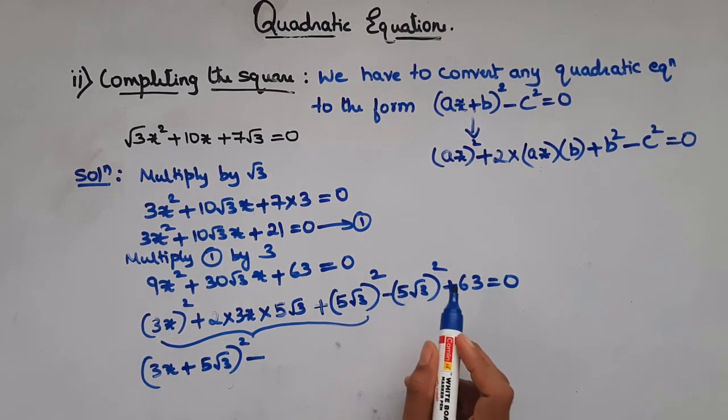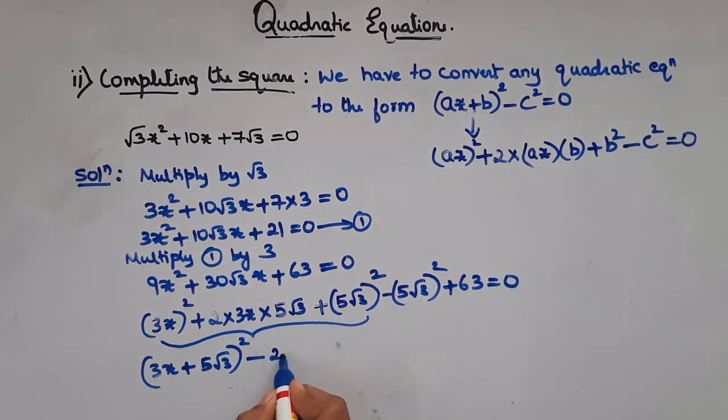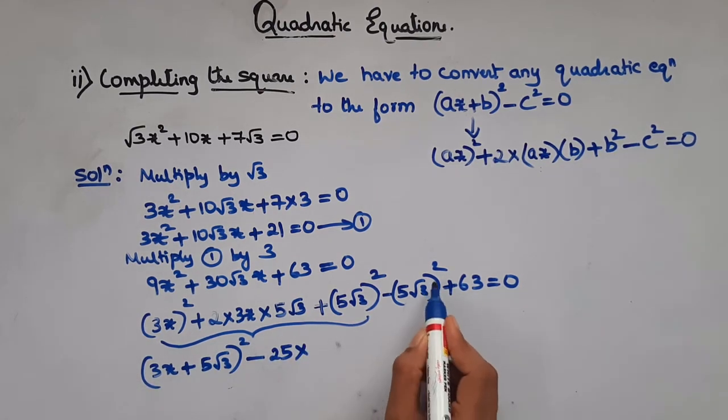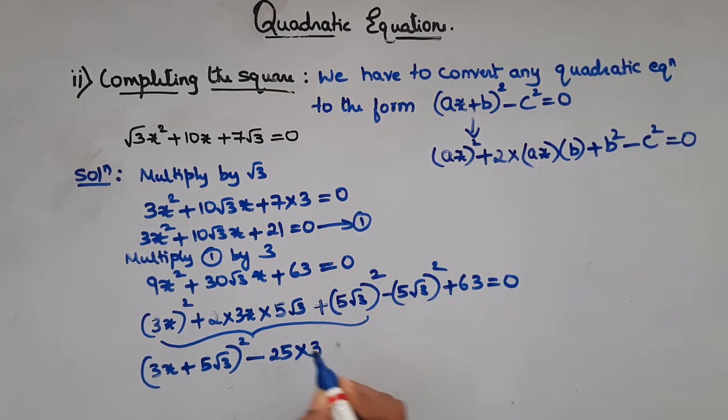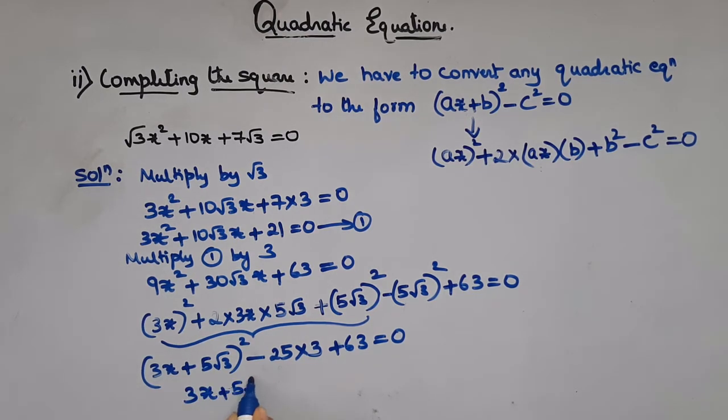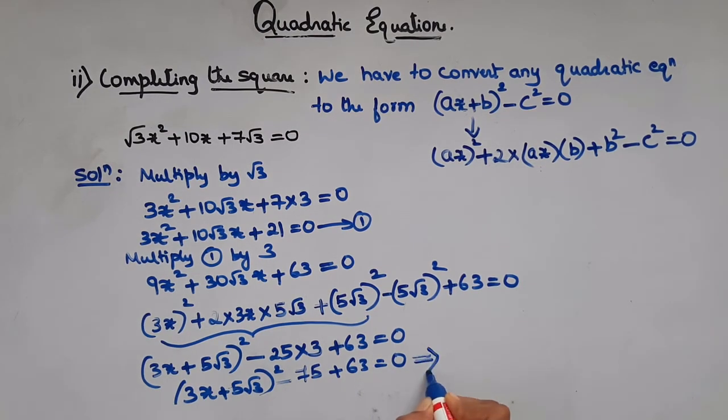So 5 square is 5 5 is 25. 25 into root 3 the whole square, square and square root will get cancelled. So we are left with 3, right? So plus 63, which is equal to 0. Here we have 3x plus 5 root 3 the whole square. So here we have minus 25 into 3 is 75, right? Plus 63, which is equal to 0, which implies